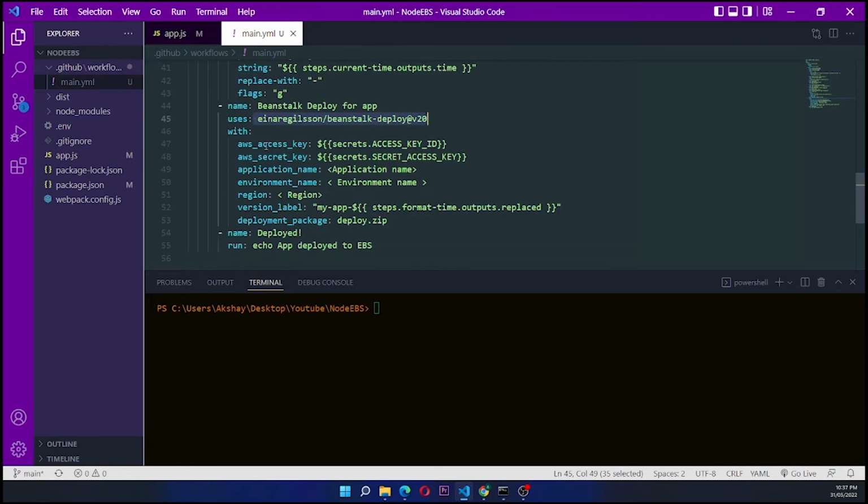Beanstalk. So here we need the AWS access key, which we are getting from the secret. We have to store those keys in the GitHub repo secrets, and it will fetch from there and execute this particular thing. So here, the application name is nothing but the name of the application which